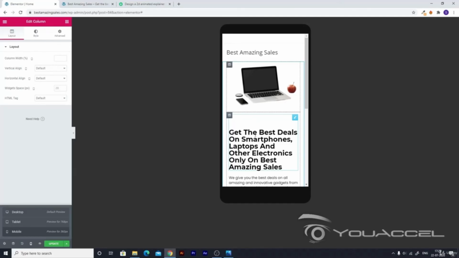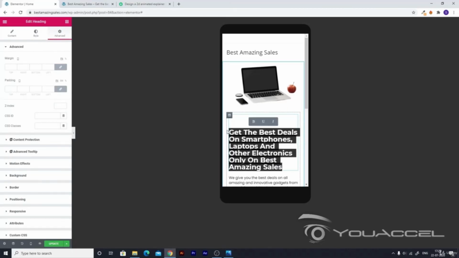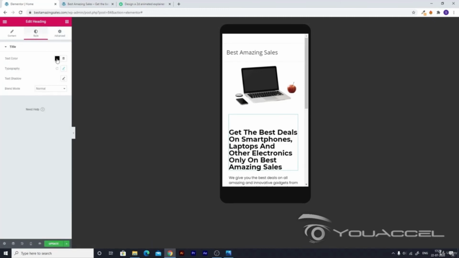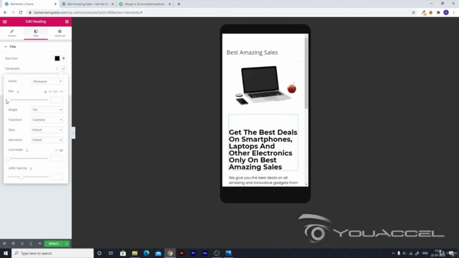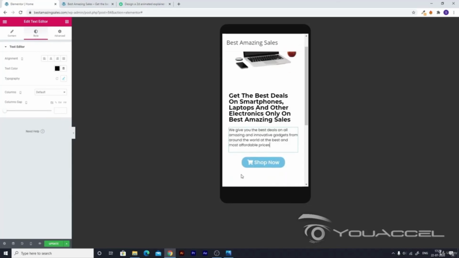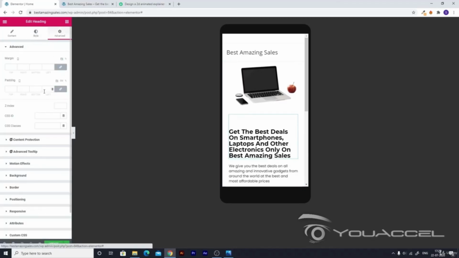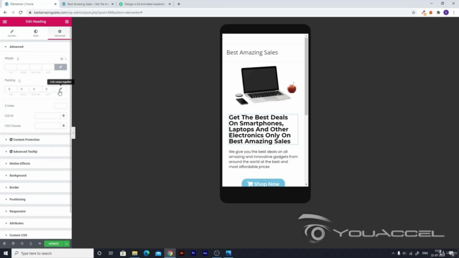But if we make this font smaller, like if it is very large for a mobile phone, and we go ahead and make it a bit smaller according to our requirements, we can. And this one is, I think, fine. Now as you can see, it looks better, but we also want to remove the padding, and to do that, just go to advanced and just unlink the values. Now you can see